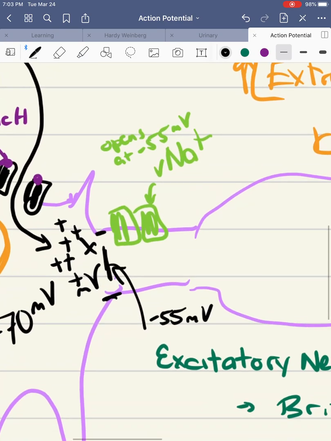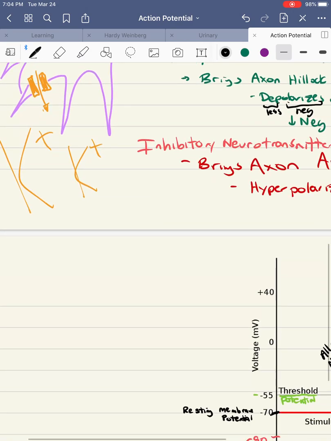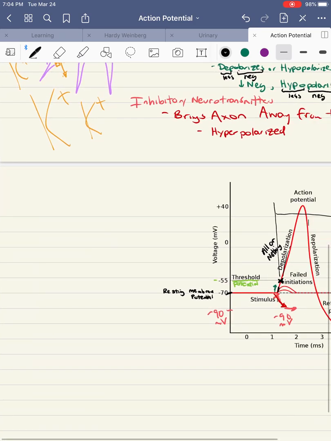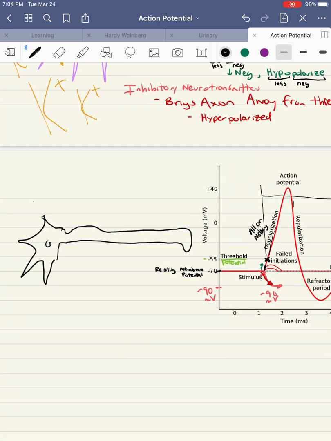That's right. So now we're going to talk about this part. We're going to talk about what actually happens when we trigger an action potential. So we're going to come down to this graph, and I'm just going to redraw the neuron right over here. And I'm not going to draw the myelin sheath just for simplicity. So if we look at this neuron, these are the dendrites. This here is the cell body, and our root word for body is called soma,